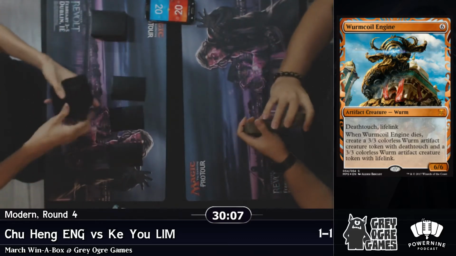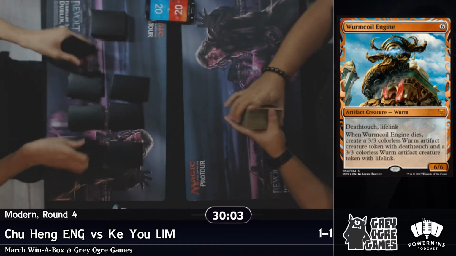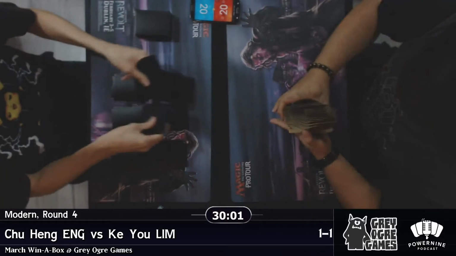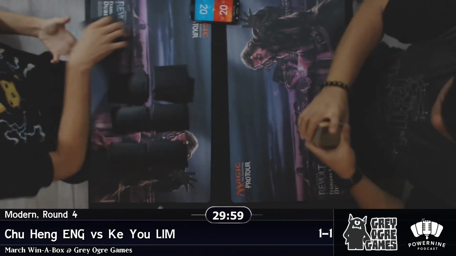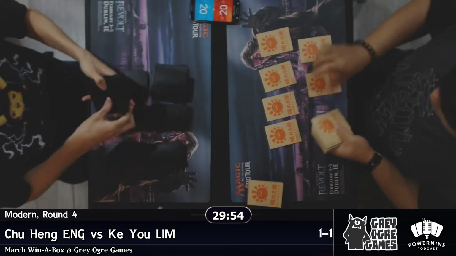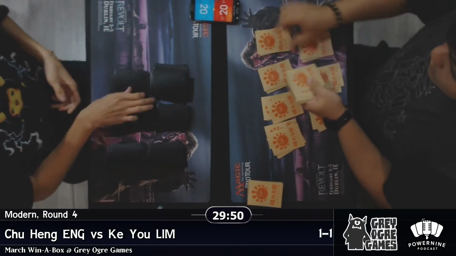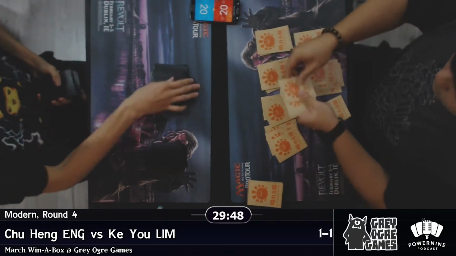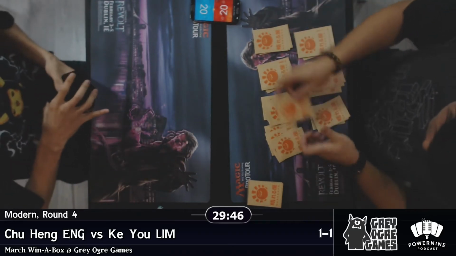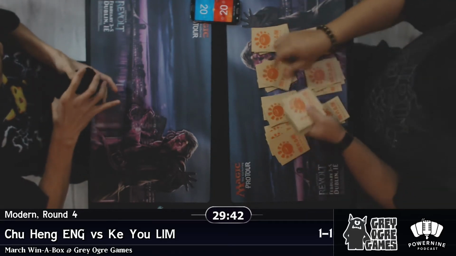Alright, so this is, like we were saying, uninteractive Magic at its best, because one deck is trying to just combo out with Temur Battle Rage, and the other deck can't really interact with that, besides just doing it at main phase. It's just playing big stuff and making your big stuff destroy their faces. Big stuff. Big. The new art for the Wormcoil Engine, pretty